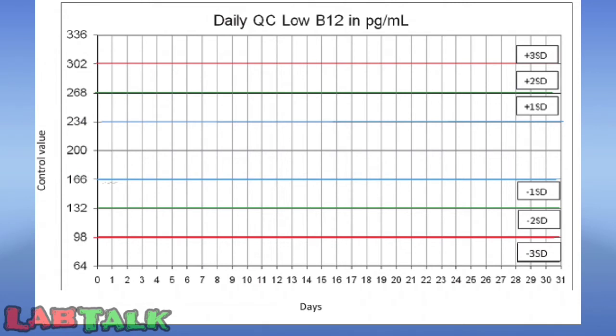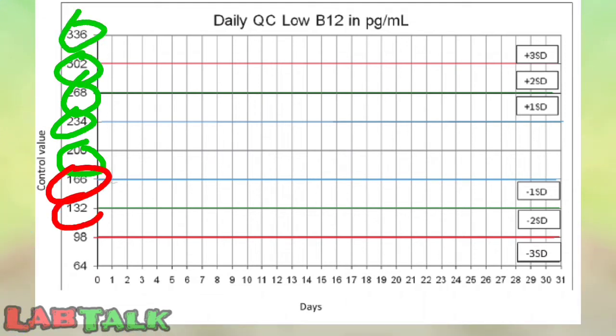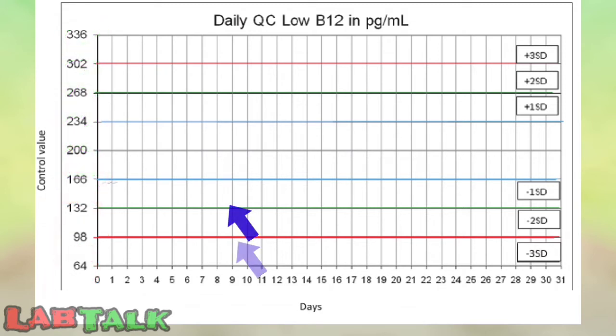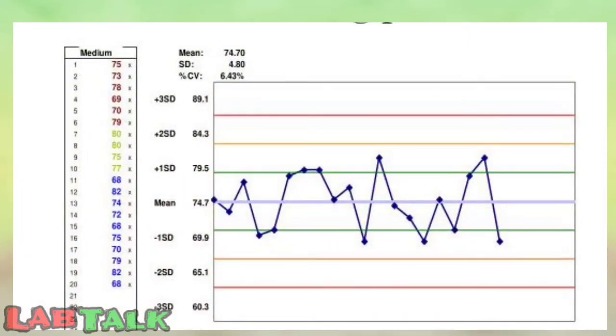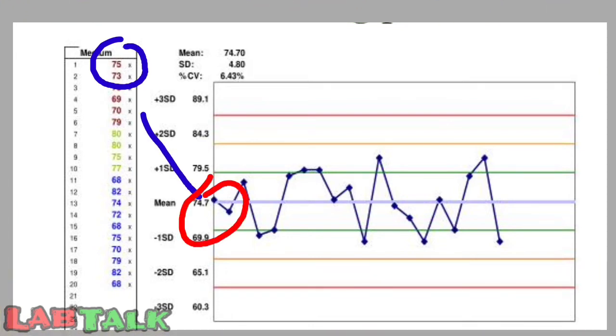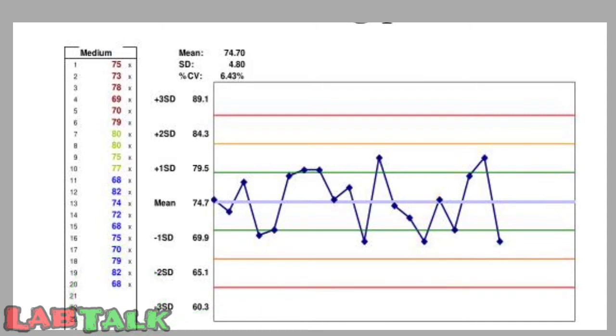On the y-axis, locate the values of the mean and the plus 1, plus 2, plus 3, plus 4 standard deviation as well as minus 1, minus 2, minus 3 and minus 4 standard deviation. Draw lines corresponding to the points in parallel with the x-axis. After testing a QC material, whatever value we get, it should be plotted on the graph. Here in this next diagram you can see on the left side there are some points according to the days, and on the right side there is a graph which is plotted with the same points on the LJ chart.